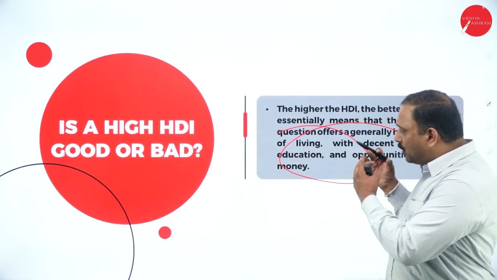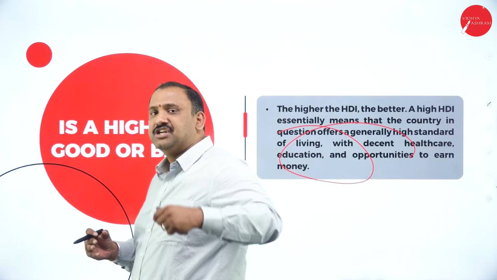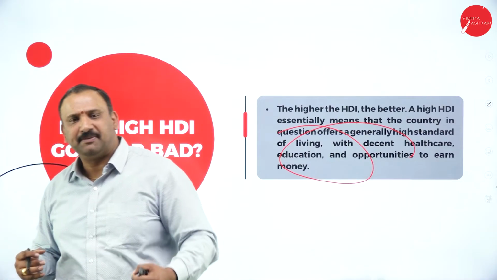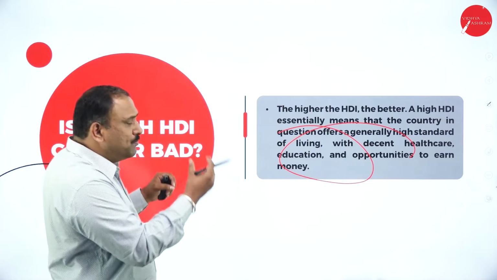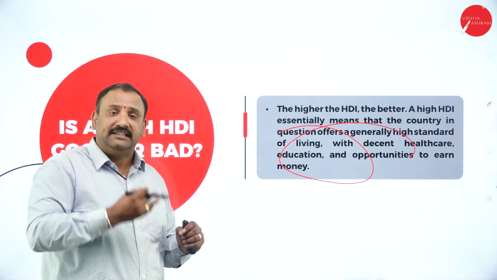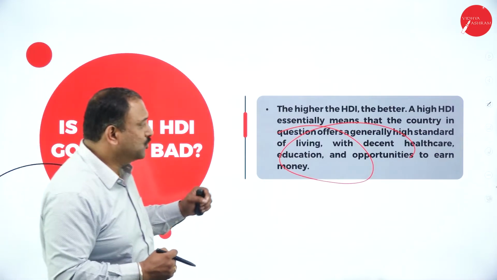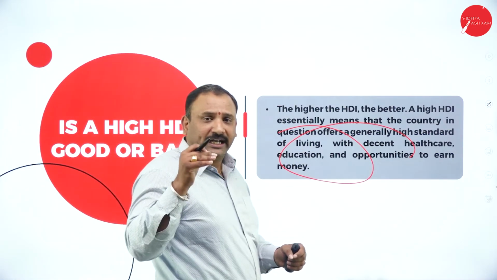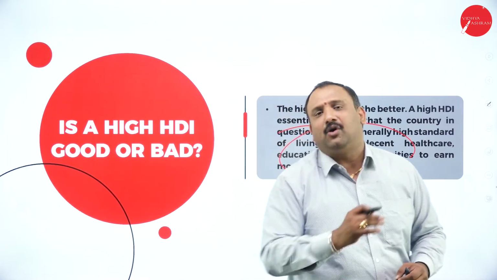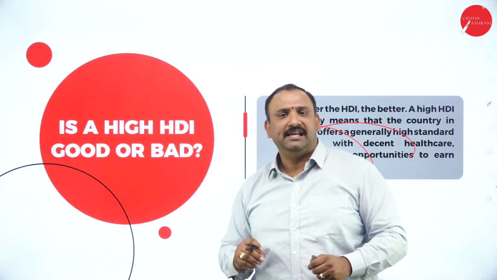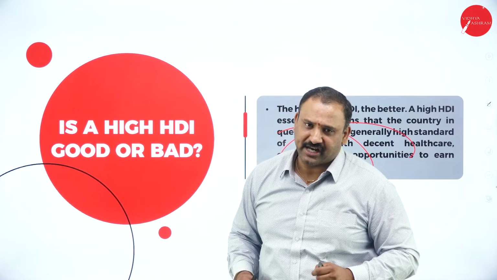Followed by, which I would also like to say here, education, healthcare, living standards, the per capita income, the purchasing power parity, all these things are trying to make you understand that these things are mandatory. These things are needed today for you to live a better lifestyle. So it is not just an opportunity, I would say, but it is the need of the hour for a country like India to redefine itself and go up the ladder of the HDI ranking.